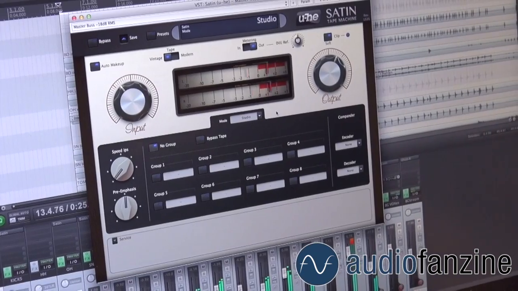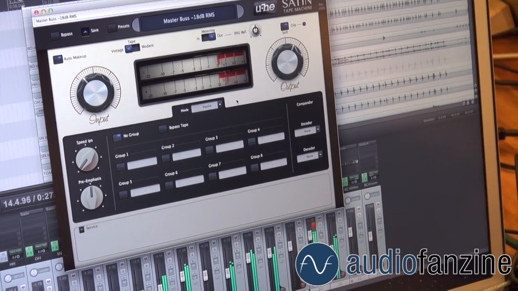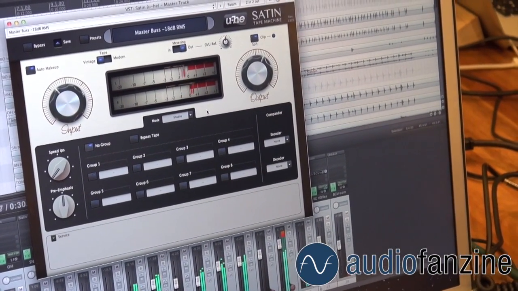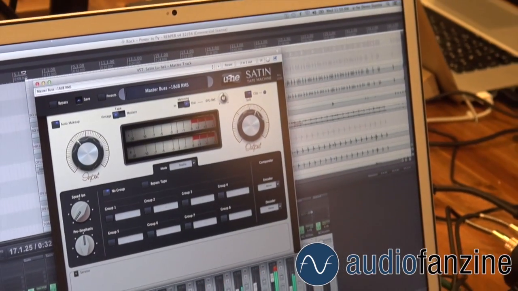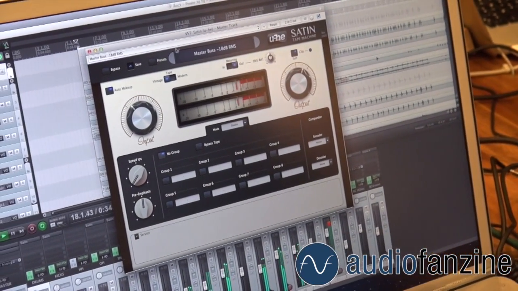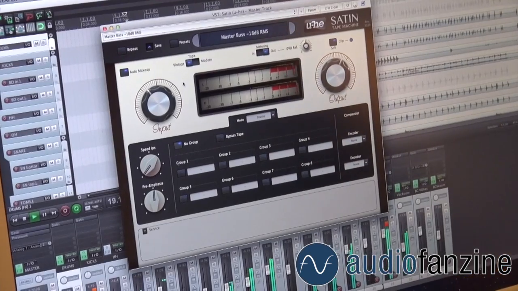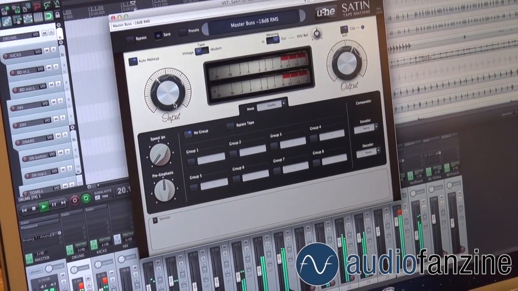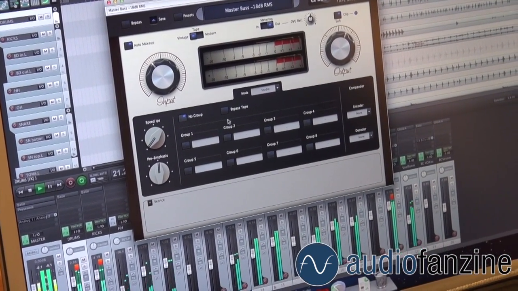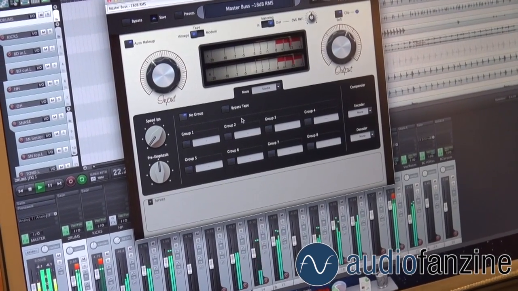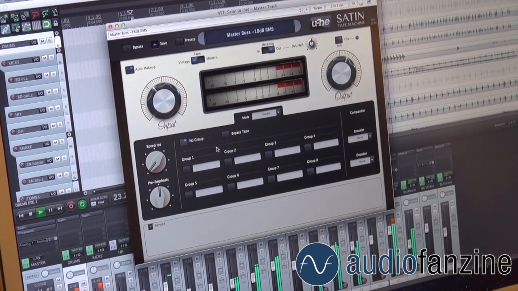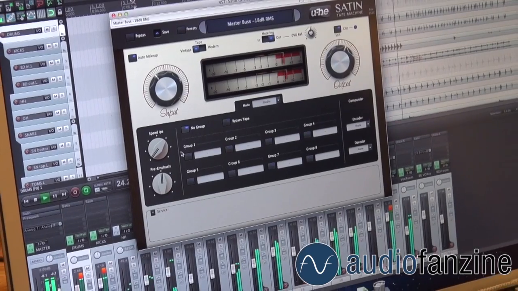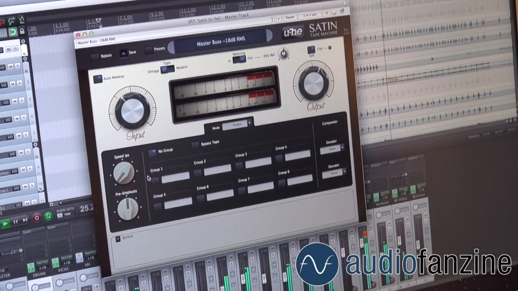So, we've got several modes here. This is the Studium Mode. I've got one setting right now here on the master and the Studium Mode. We've got a classic input knob, output knob. Then you see here in the middle groups. We've got 8 groups, so you can group several instances of the plugin and control them all from one instance,